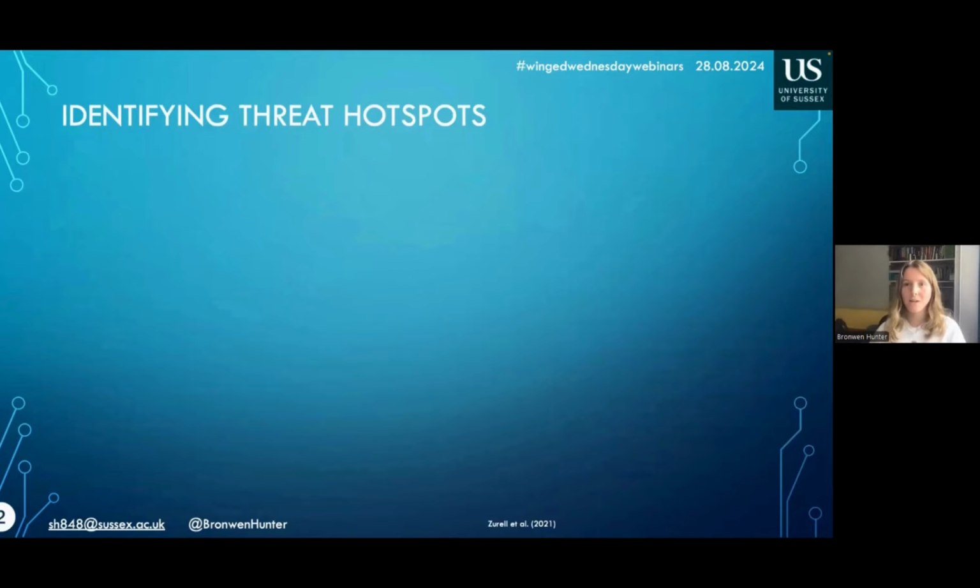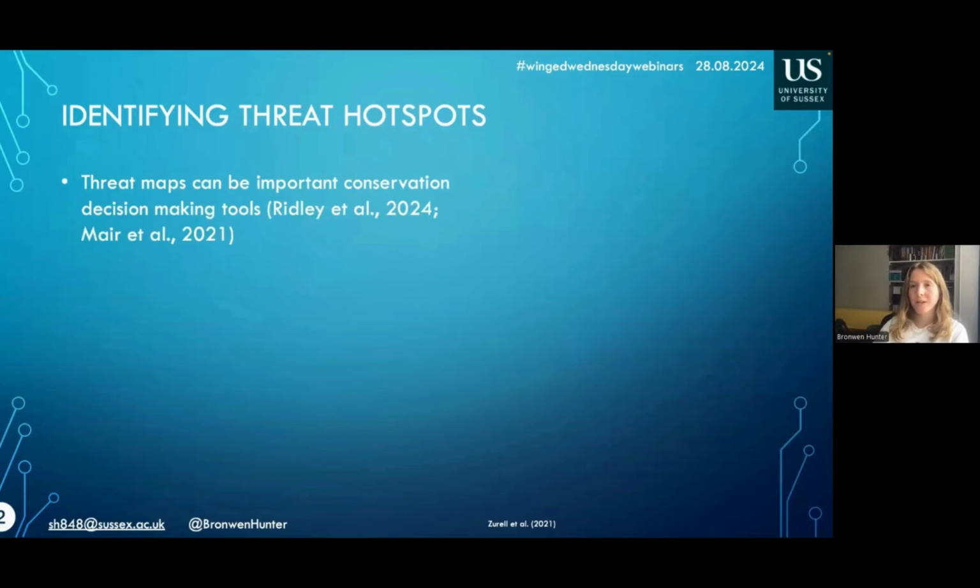Okay, so now we know that online records can generate new knowledge of bat exploitation. We now want to use them to identify more fine-scale patterns of exploitation. Building maps that show threats is broadly known as threat mapping, and as I've already alluded to, this can be a very important conservation decision-making tool. At a global scale, we might use it to identify particular regions that need more funding, for example.